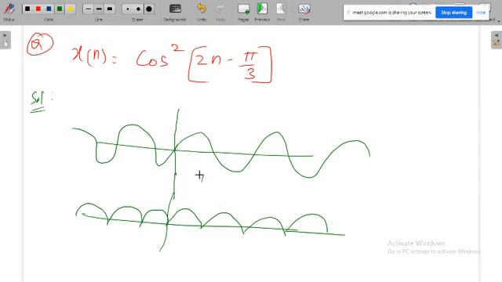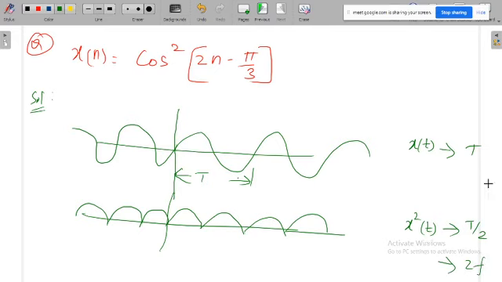Say for example, this is the time period of the original signal. Now what happened to the time period of the new signal, the square signal? Say this is x of t. For x of t, T is the time period. Now what is the time period of x square of t? Anybody? Yes sir, it is reduced to half. So it is T by 2. Once it is T by 2, what will happen to frequency? It will be multiplied by 2.